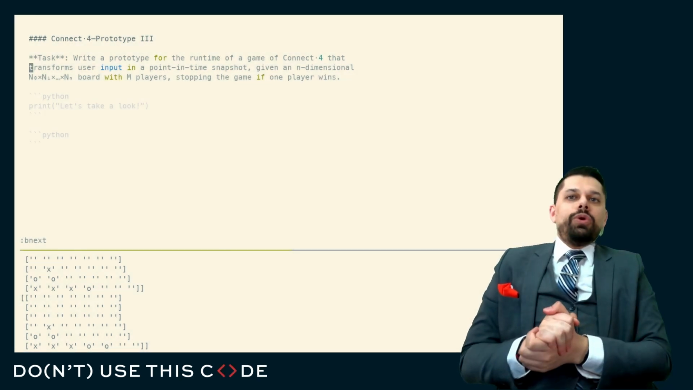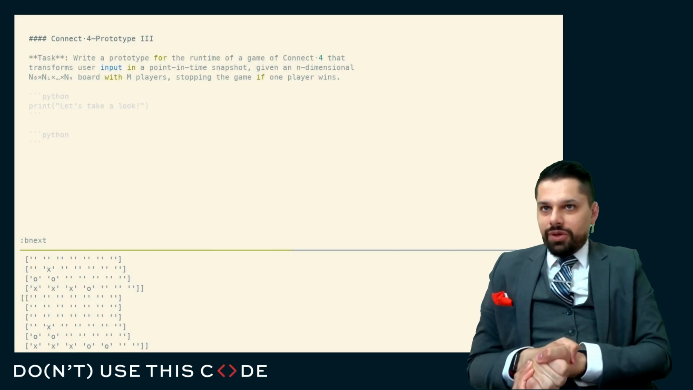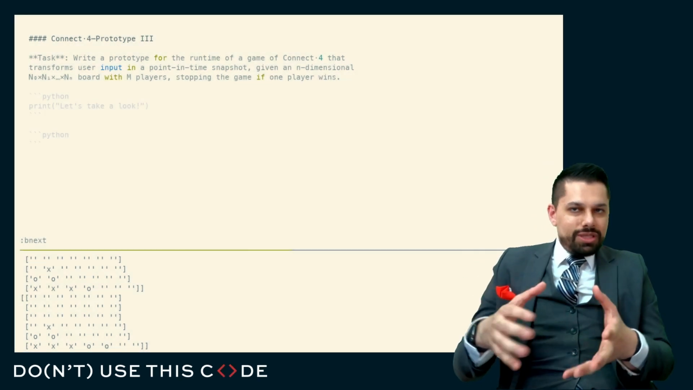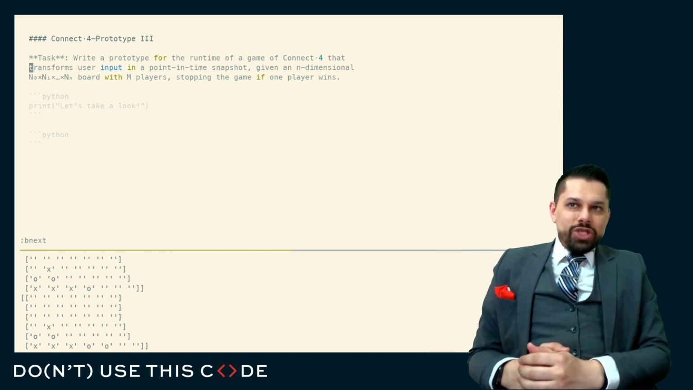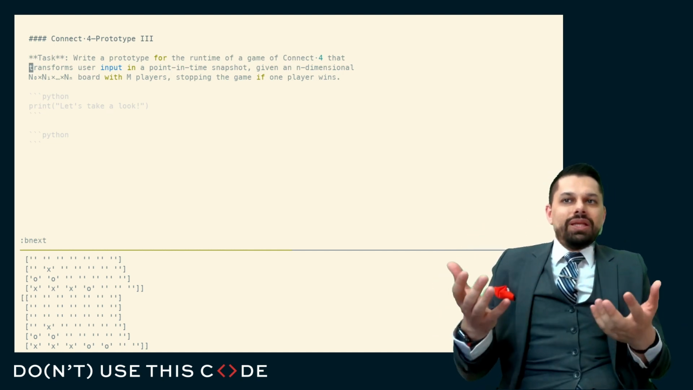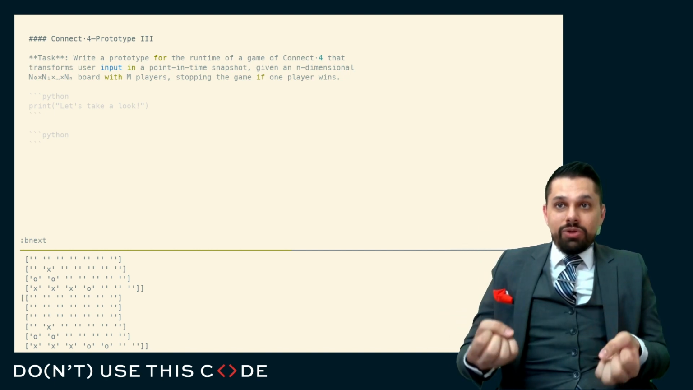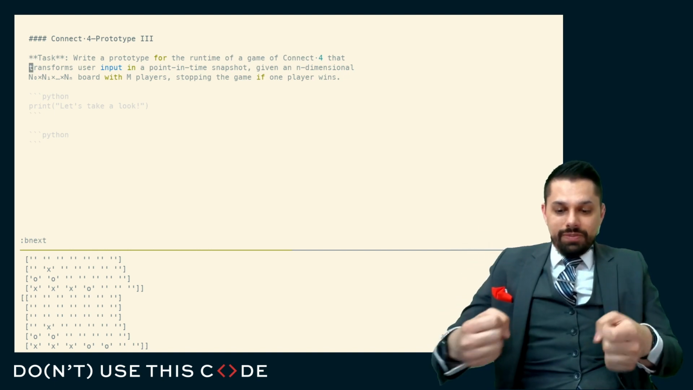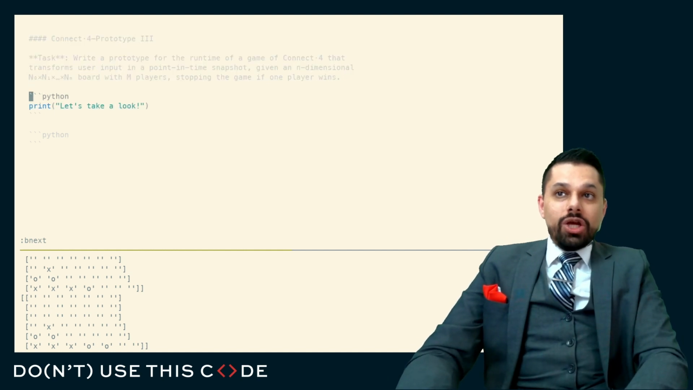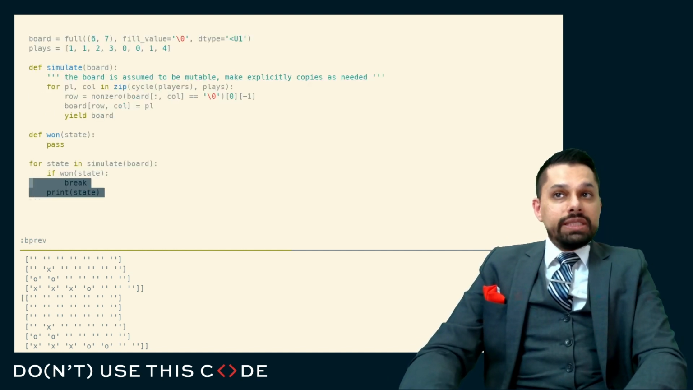In this prototype, we want to write a prototype for the runtime of a game of Connect 4 that transforms user input given an n-dimensional board with m players, stopping the game if one player wins. This is our opportunity to see if this prototyping approach actually works. So we're going to revisit code that we've written previously, and we're going to see if we actually can put